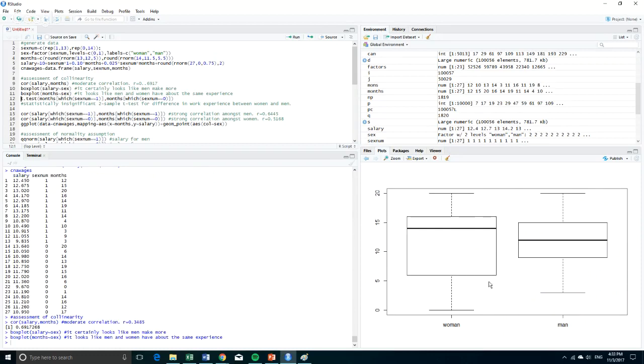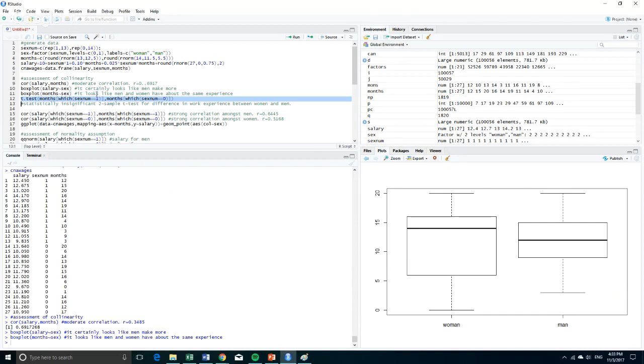And this is the work experience number of months by sex. And it looks like men and women, pretty much the distributions are the same. So if men and women have more or less worked the same, then their salary should be the same too. But men had slightly higher salary. So now I'm starting to think that maybe there is still some gender bias here. And just to make sure that